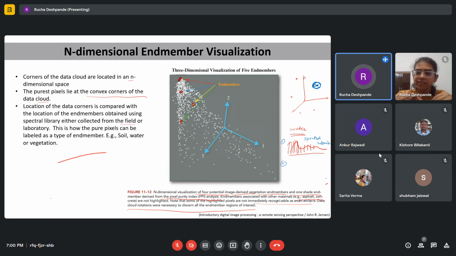Or the second method is directly going to the field or doing experiments in the laboratory and finding out their spectral response. So we can use spectroradiometers. We can go to the field. We can check the land covers, different types of land cover. So in the field we can check water, soil, or vegetation,